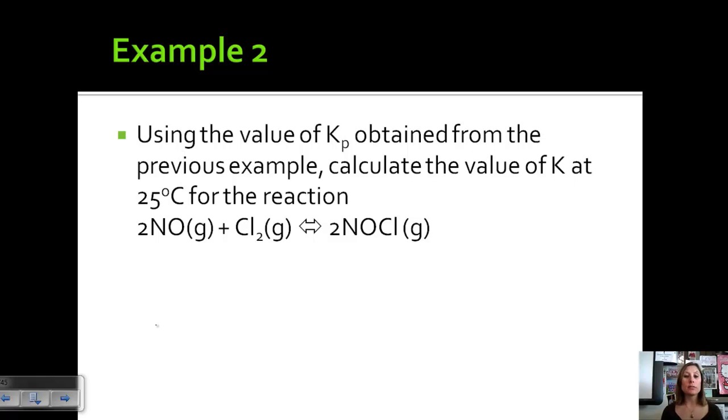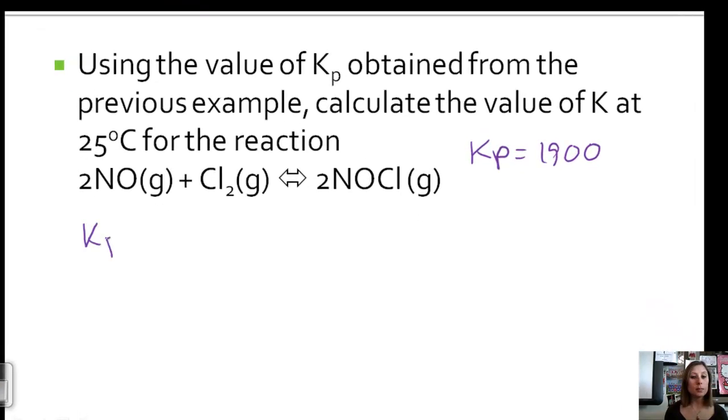Alright, so let's use that relationship. Using the value of Kp obtained from the previous example, so Kp is equal to 1900, calculate the value of K at 25 C. Well, we know that Kp equals K times RT to the change in n. We know Kp is 1900. We know R is